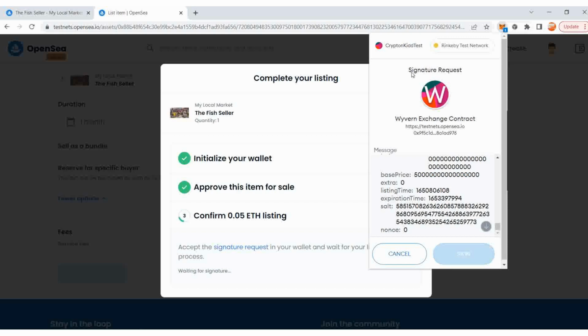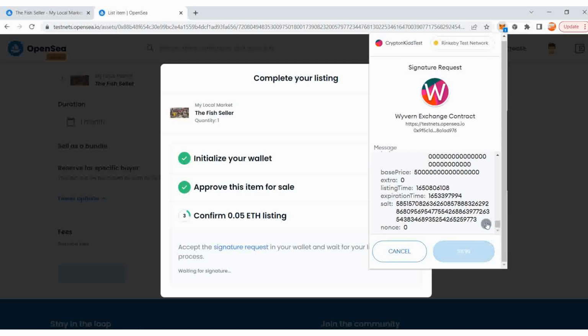It was trying to get me to sign this transaction. That's just to confirm that I'm the one that wants to initiate this transaction. So this time around, I am not being charged for listing. I'm only being asked to authorize this listing. The only time I will be charged is at the point of sale, and that's the